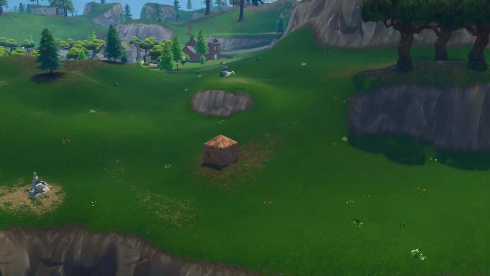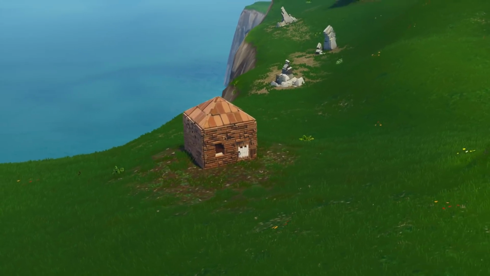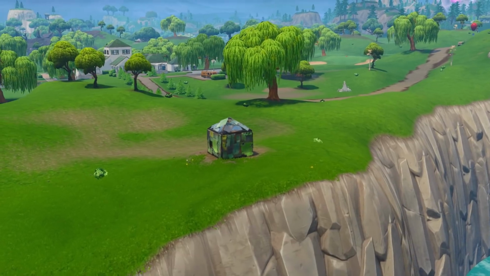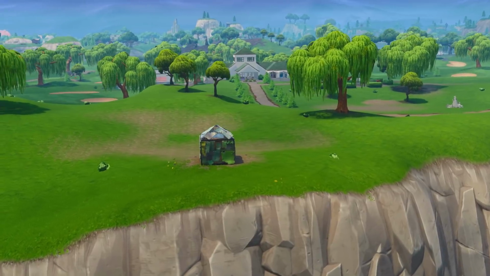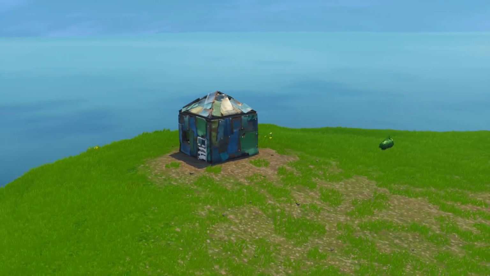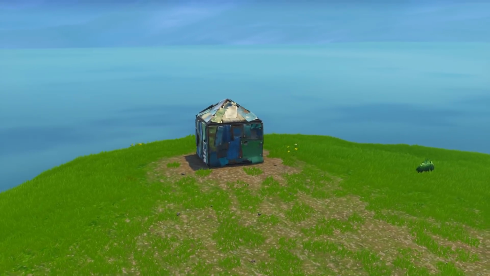The second house is southwest of Greasy Grove, and this one is made of brick and can contain up to 2 chests. And finally, the third house is north of Lazy Links, and just like all the others, it's right next to the edge of the map. This one is made of metal, and it can actually have up to 3 chests in it. So this one could actually be worth landing at, especially if you want to gear up and get some kills